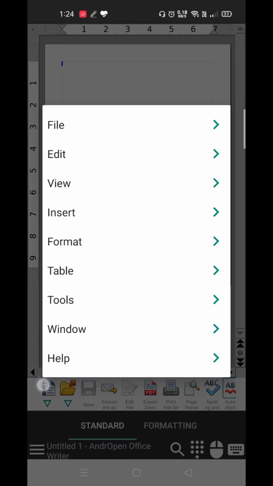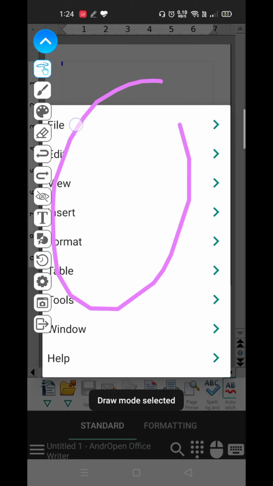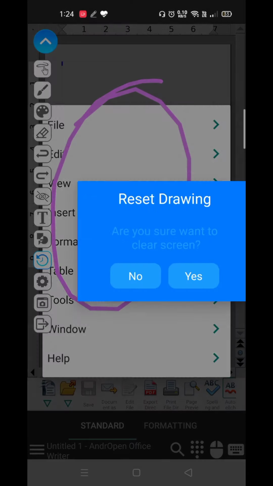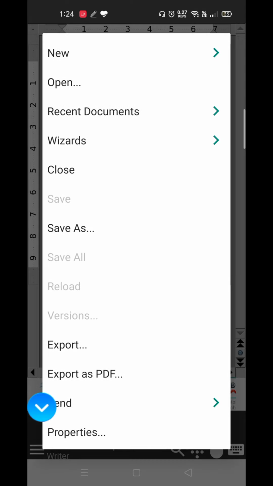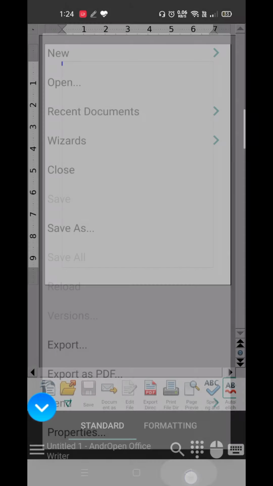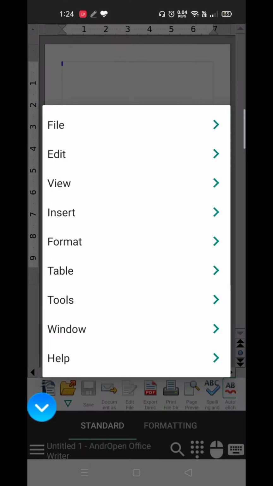We also have some other features that you can easily activate by clicking on this icon. When you click on this, you can easily get this dock view of the menu. Here you will be able to see all the menu items that we have in our OpenOffice.org Writer application. Like you can see, it has the file menu which has options like new, open, recent document, wizard, close, save as. Next we have the edit menu which has features like cut, copy, paste, paste special, selection modes and other things. Then we have the view menu, then the insert menu.